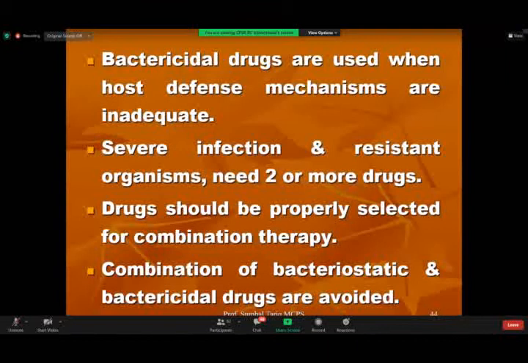Severe infection और resistant organisms में we have to give 2 or more drugs. Severe infection का मतलब ये है कि life threatening type infections अगर हैं या resistant organism का आपको पहले ही idea हो गया कि ये patient has come to you and he has been on and off a drug. बोला मुझे typhoid था, somebody gave him let's say कि ciprofloxacin, which is one of the fluoroquinolones, and after 3 to 5 days he stopped taking it.